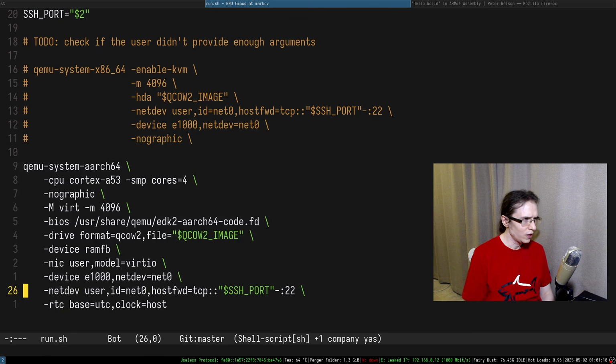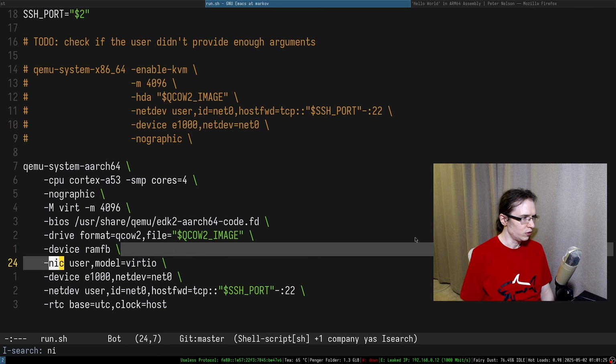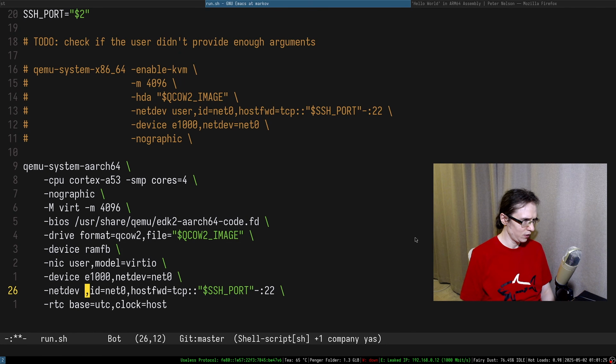So let me see, run SSH. People, this is exactly what I'm doing in here, by the way, right? People are saying different things, but that's literally what I'm doing here. So here's the net stuff. Remove nic user, you mean this thing?